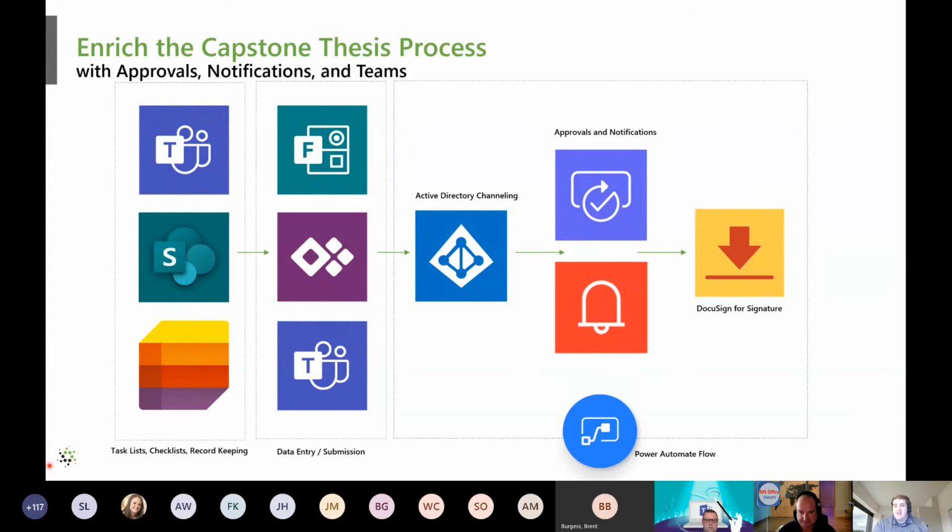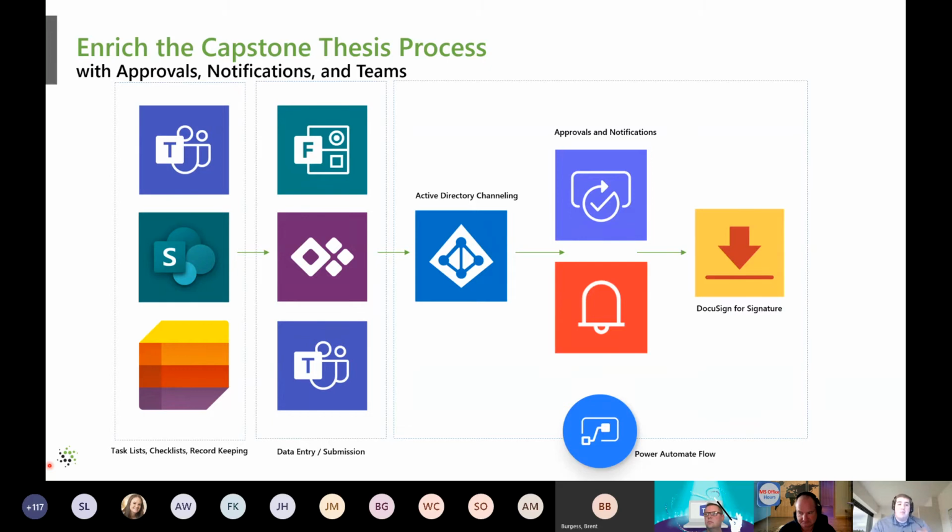So in this next process, and this is the second to last slide I have, so I think I should be able to finish up pretty quickly. We see that we can also enrich the capstone process. So this is one that I think is huge. It could be very valuable for higher education. The ability to, especially while we're all separated and we're all remote, we have students going through thesis and capstone projects where they have to get a bunch of tasks done. They have to submit, they have to justify, and they have to defend their thesis, and they have to go through all these different things. And a lot of those are all done in person, and they're not necessarily able to be done that way now.